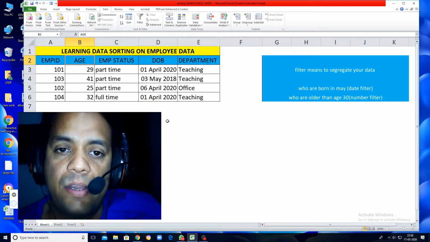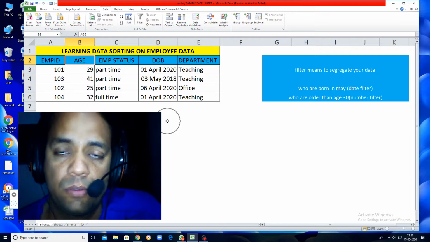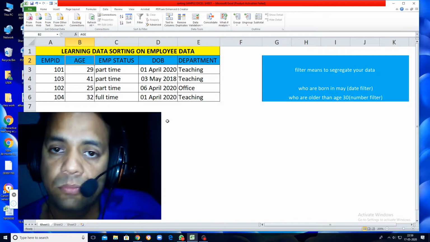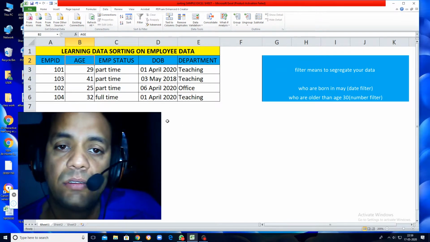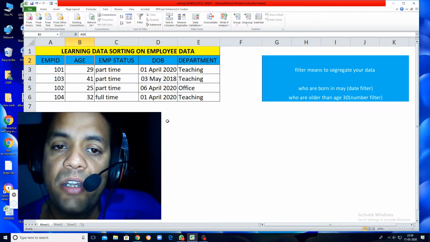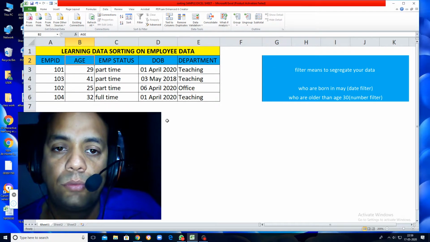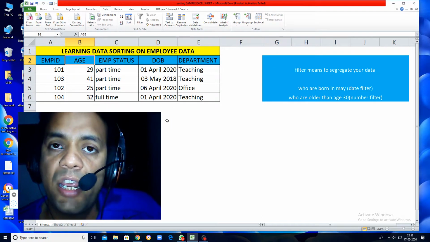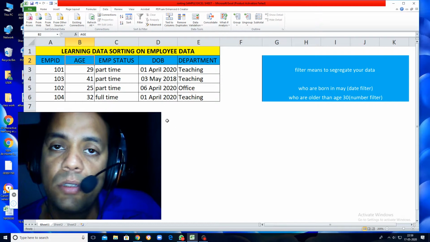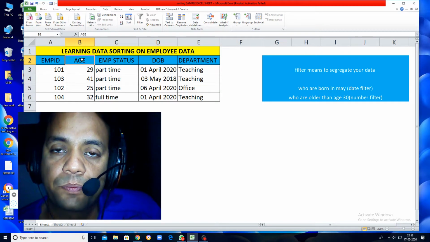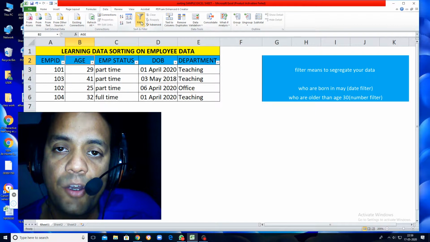For example, I want to see only those employees whose age is between 21 to 30. Okay, so again I will click on age, then I go to the Filter option.